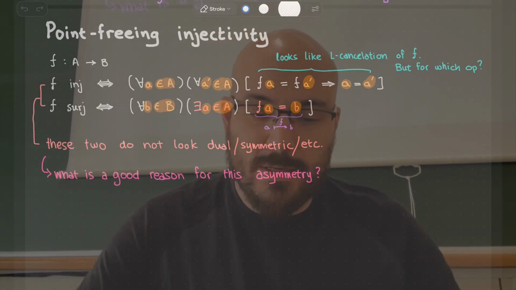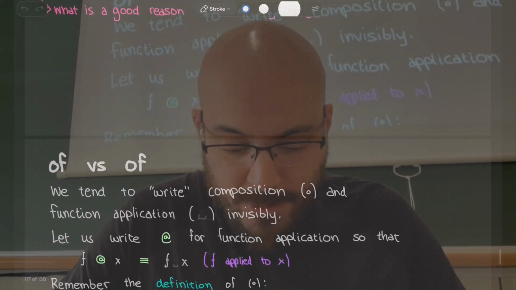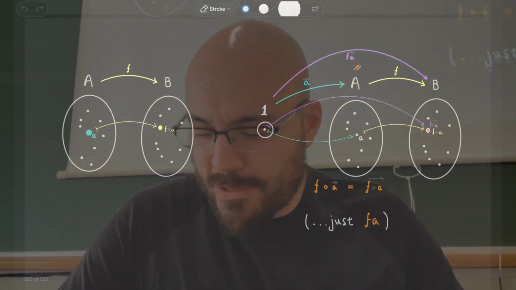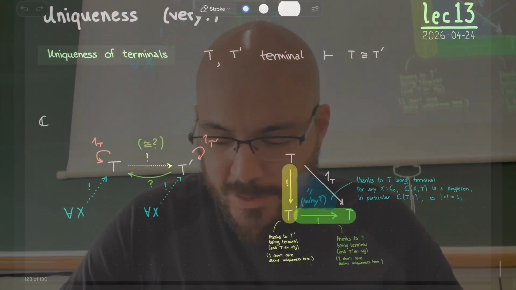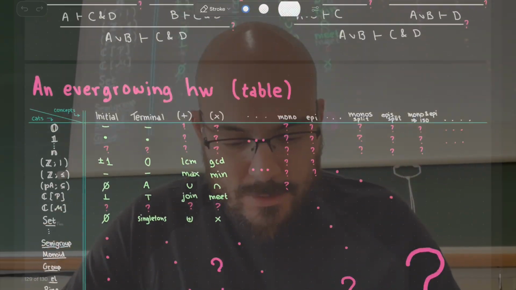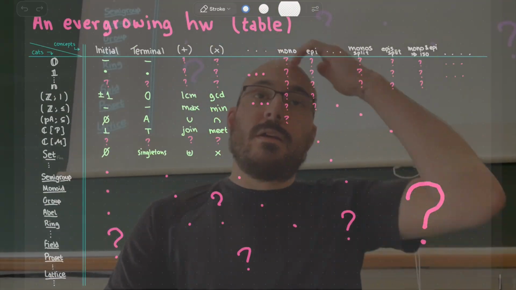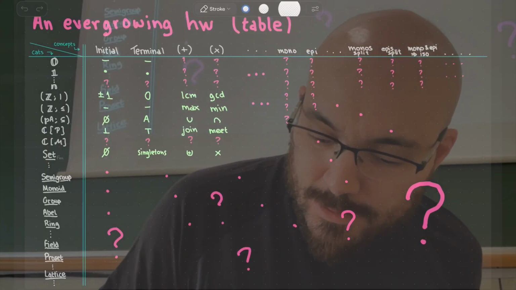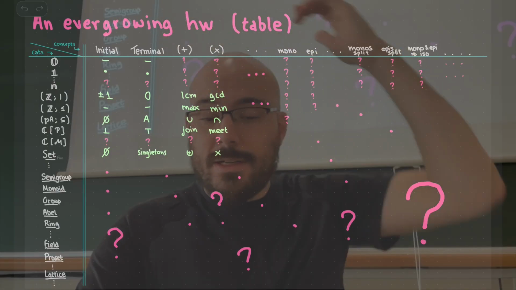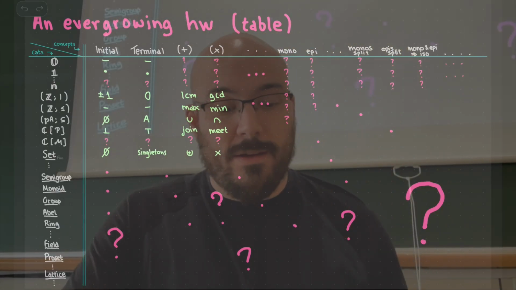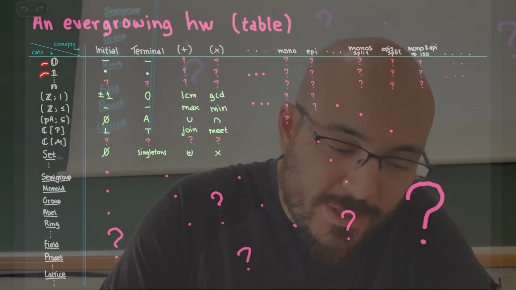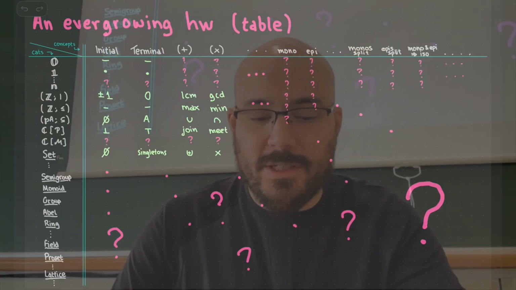Okay, so let's remember what was going on recently. I think I will start with this ever-growing homework of the last lecture, which was this one. So remember, the idea was that when you're learning something like category theory or topology that has a rich language and you understand new concepts, and you have a lot of examples of